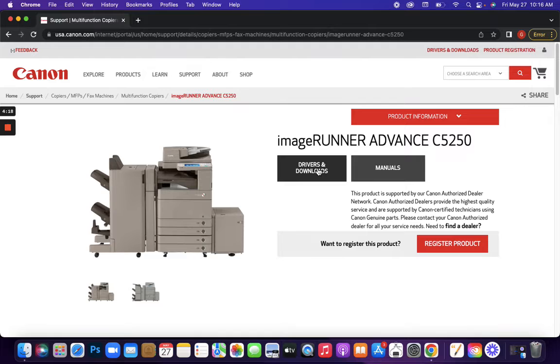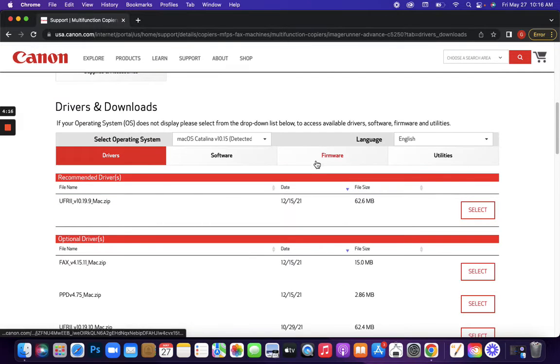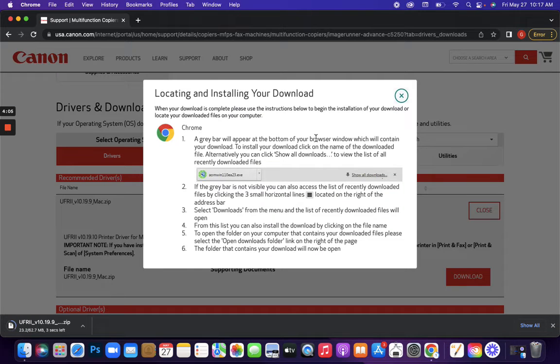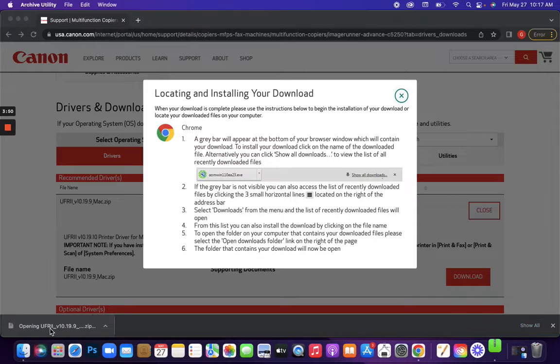We'll click the gray Drivers and Downloads button, which brings us down here to these drivers, UFRII version whatever Mac. We will click Select over on the right, and then the big red download button. When this download begins, it'll pop up this little box telling you where to locate your download. I'm on Chrome, so mine shows up right down here at the bottom of the page. Yours may show up somewhere else, depending on what browser you're using. Either way, once this is done downloading, we will give it a click,